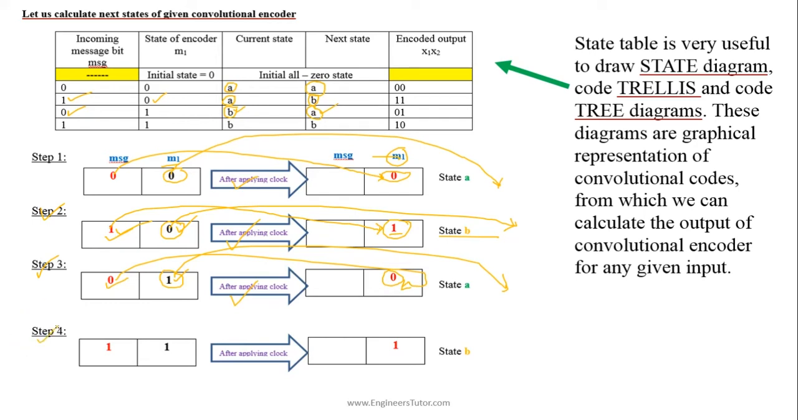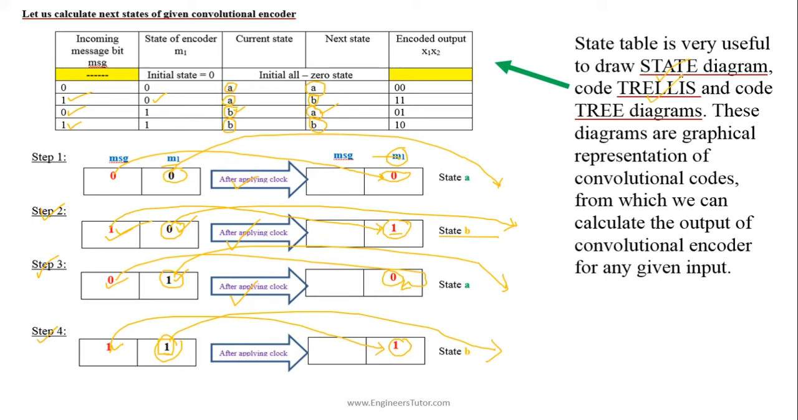In step 4, again we assume the encoder is at state B, that is, it is at state 1, and we assume the incoming bit is 1 and we apply the clock pulse. This 1 will be discarded and this 1 comes to here. So the state changes from 1 to 1, that means B to B. So try to understand how to prepare this state table, because this state table is very useful to draw